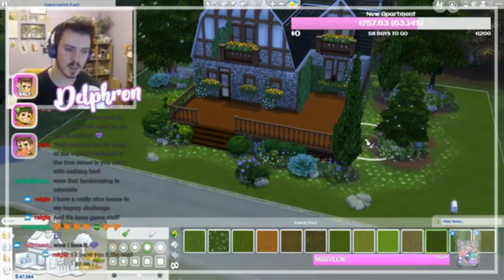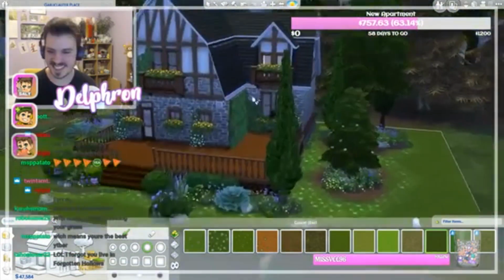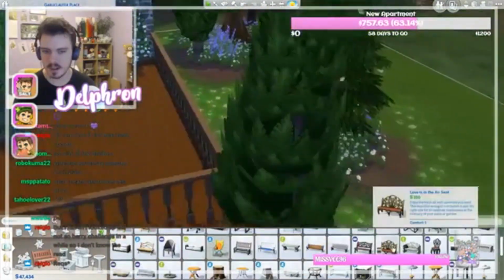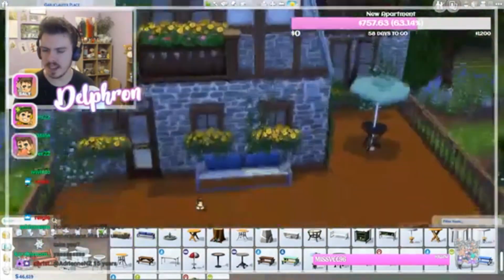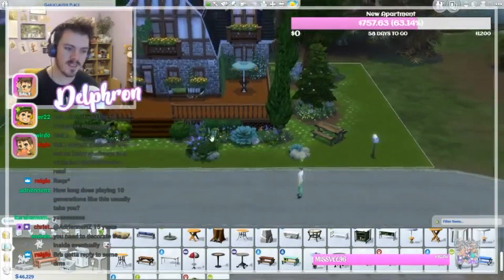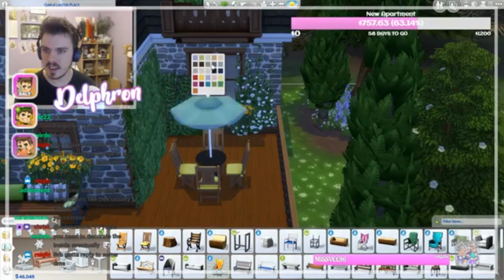So this stream actually was 4 hours long, so that's why there's not an awful lot of content here. For the first stream of the Not So Berry challenge, we streamed the Create a Sim, we streamed the house building process, and we also streamed me getting my very first promotion, and then I cut the stream short. So the next stream, which is going to be tomorrow, yes, tomorrow at 9 PM GMT,